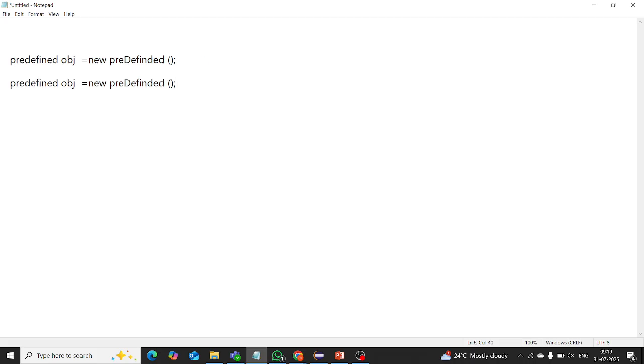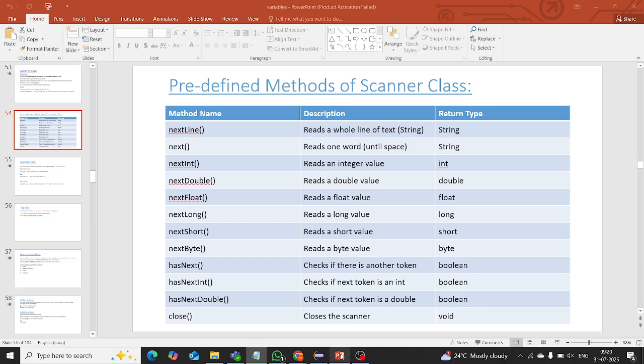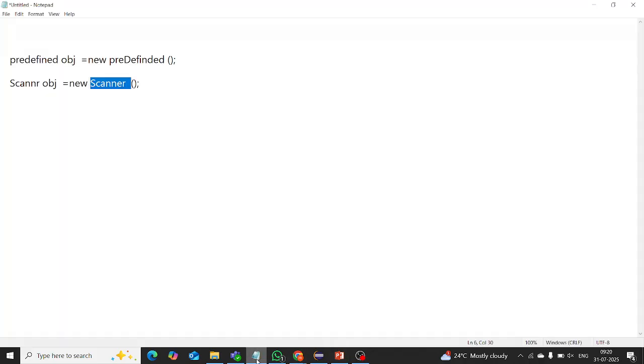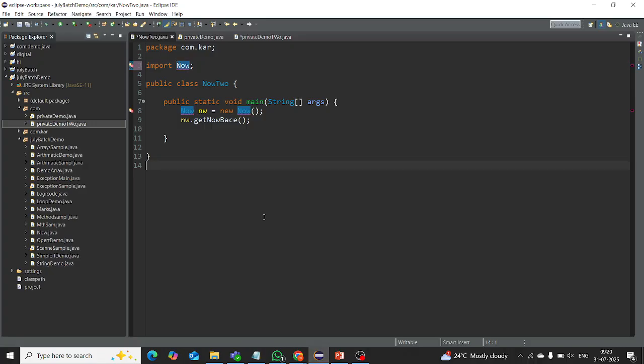It's a very important thing. We have two types of class. Scanner class is a predefined class. Then this predefined class contains a lot of methods. These are all methods: nextInt, nextDouble, nextFloat. These we can access in our user defined class by simply creating an object, right? Yesterday we saw that. Now